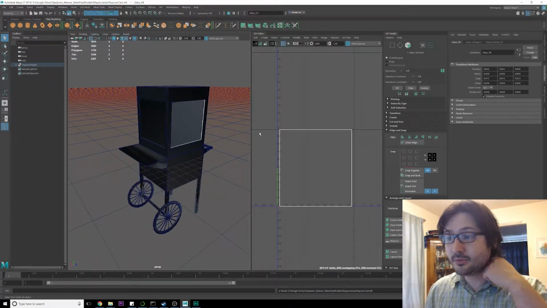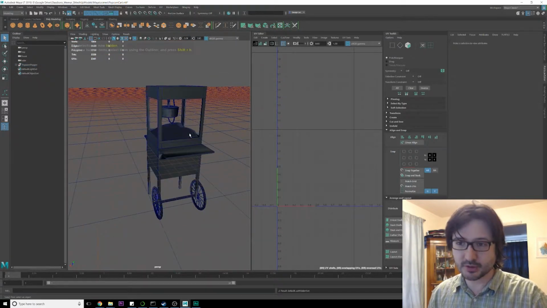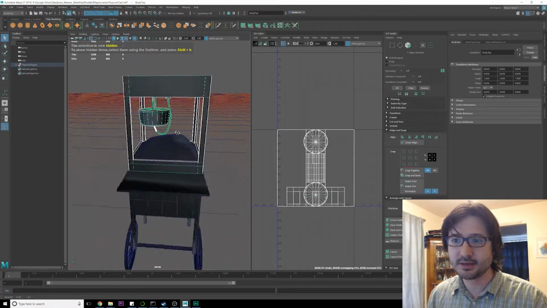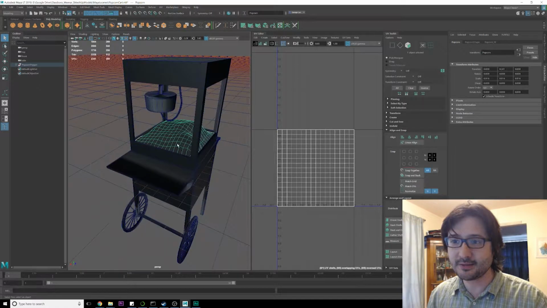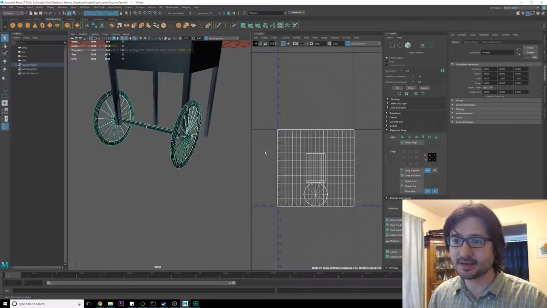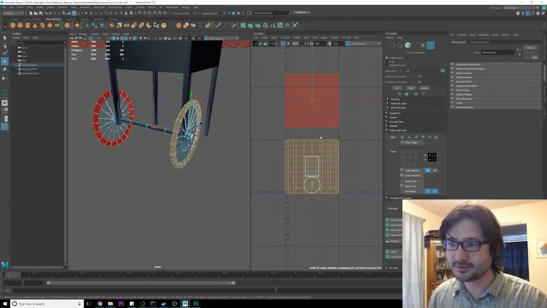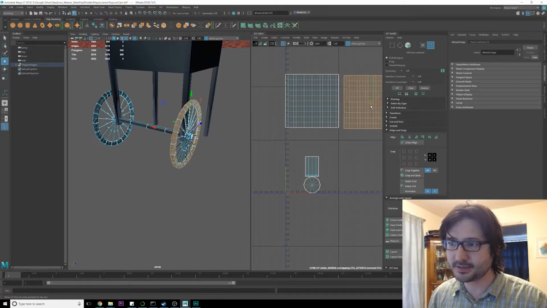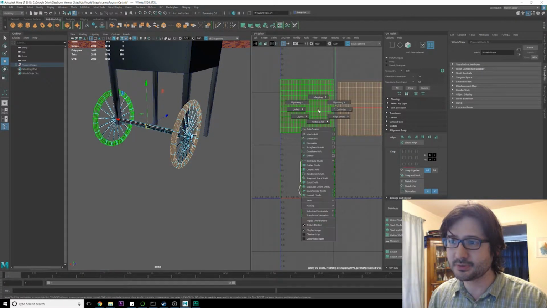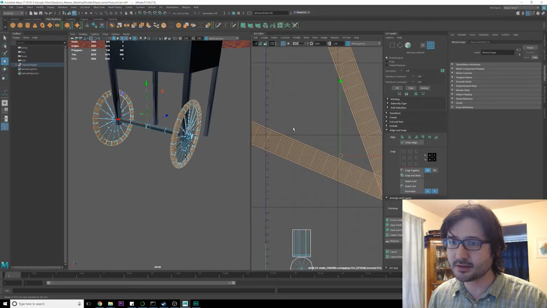Okay, so now we just need to make sure all the UVs are set up. Those ones were already done, so I can get rid of them. The popcorn popper and the rest of that one's good, so we can get rid of that. The wheels are a giant mess. Let's see what we can do here. We've got these two bits here, this one and that one. Those are the wheels. If we shift unfold and unfold the two of them, you can see we get two very long strips,